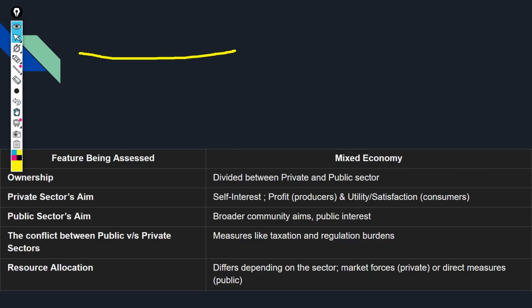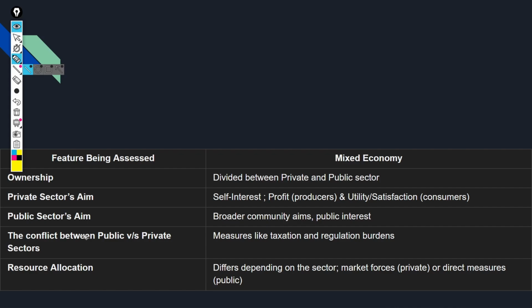Next, we're going to be looking at the disadvantages and advantages. There's obviously ownership, which will be divided between the private and public sector. The aim of the private sector is to have profit and satisfaction for the customers. However, the public sector's aim will be providing better resources for the general public. However, there'll be a big difference between the private and public sectors, and this is because governments will still want